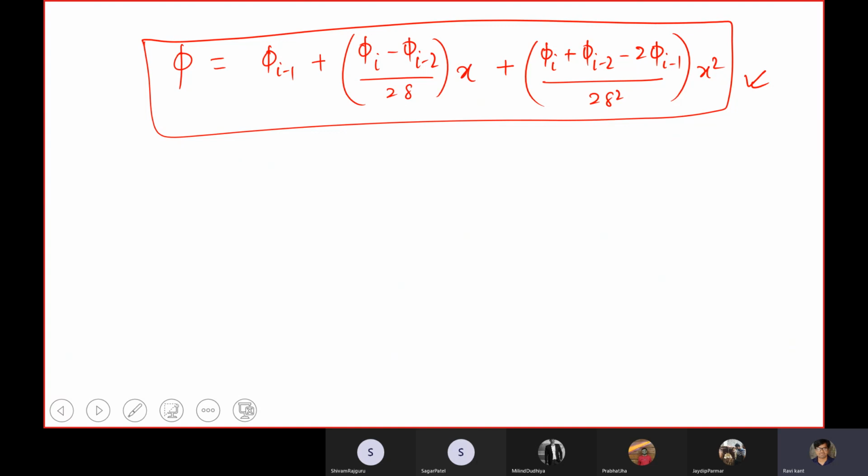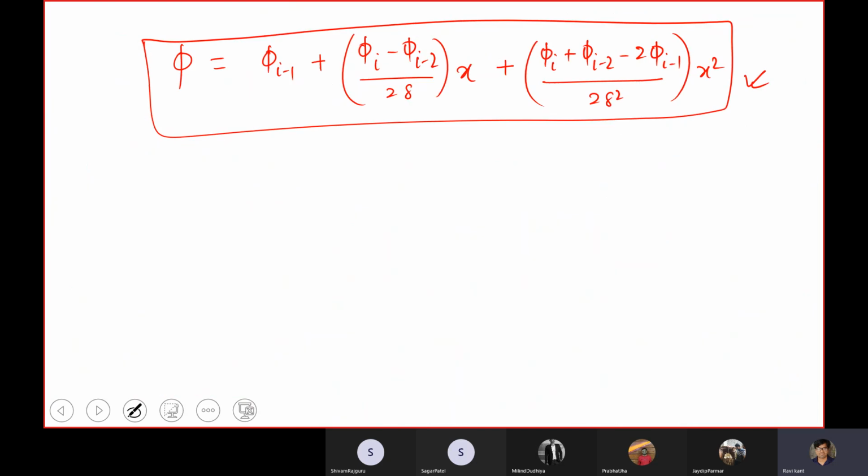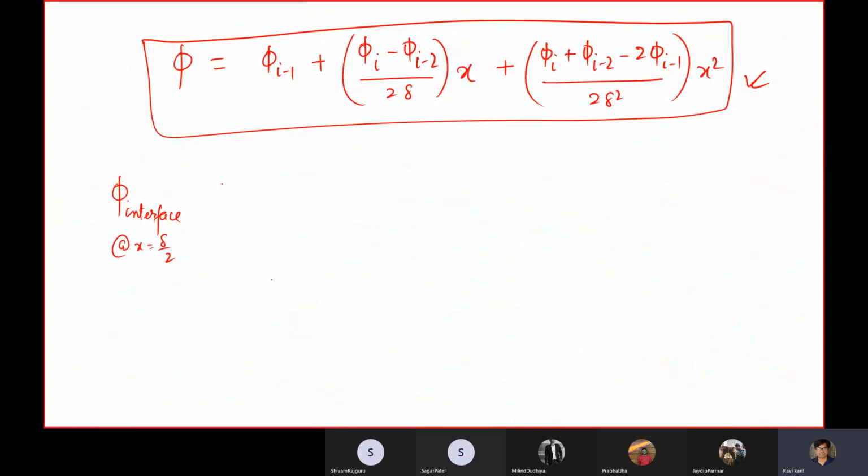Now what is my aim? My aim is to estimate my interface values at either end. So let's suppose I am interested in phi interface at x is equal to delta by 2 place, or maybe the w interface. So you have to go delta by 2 distance from x is equal to 0. So at x is equal to delta by 2, if you put x is equal to delta by 2 here and here, you will get the values like